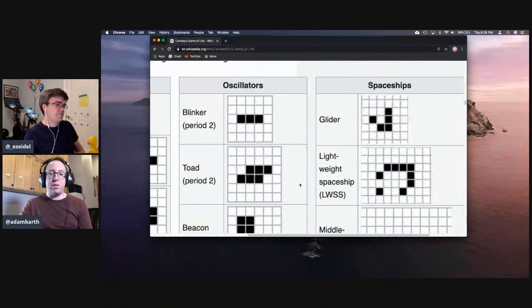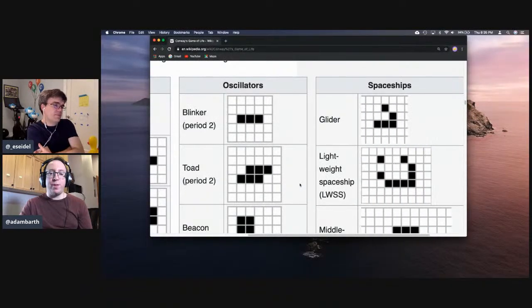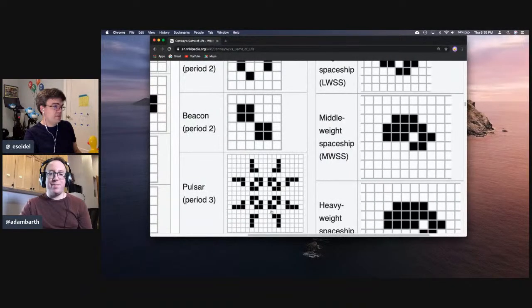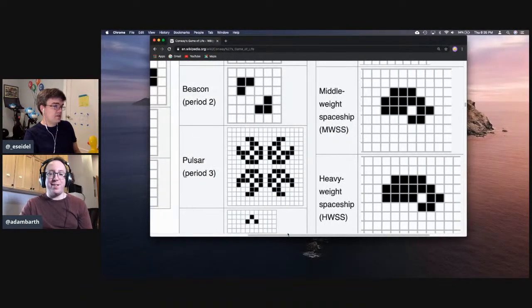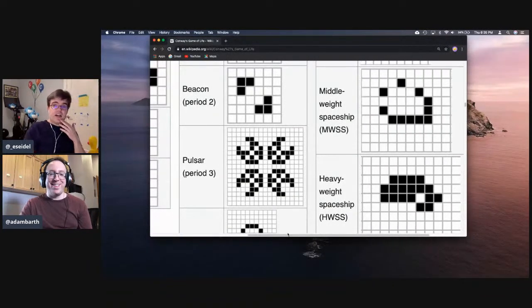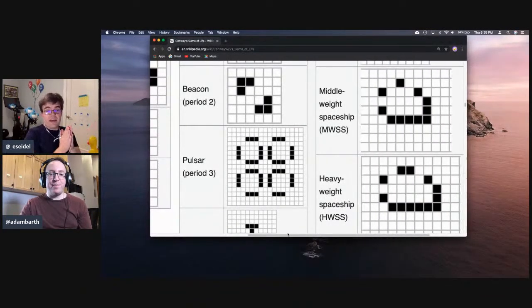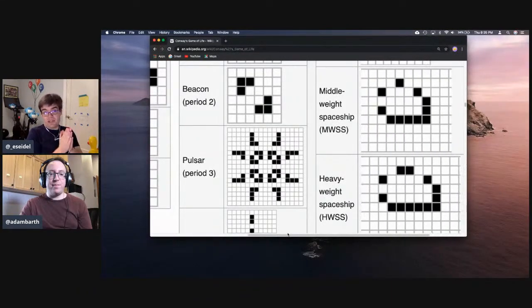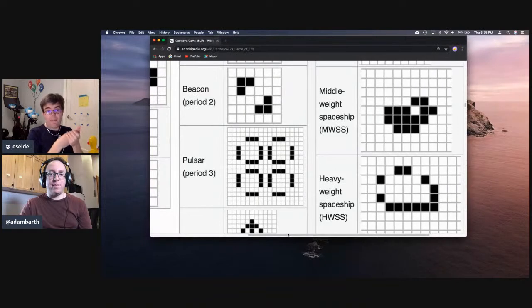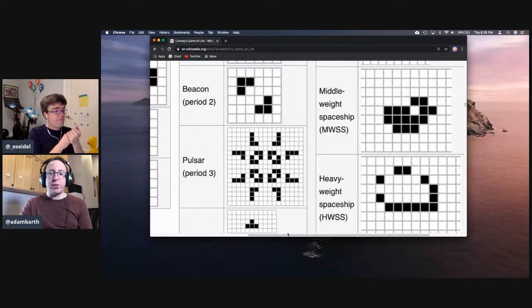Another thing. Whoa! What was that fourth one? That fourth one looked crazy. This one, the pulsar. It has a 3 period, which would require us to modify our tests. So I do worry a little bit that we did promise some pixels on the screen, and we're more than halfway through our time. Okay, let's switch to putting pixels on the screen.